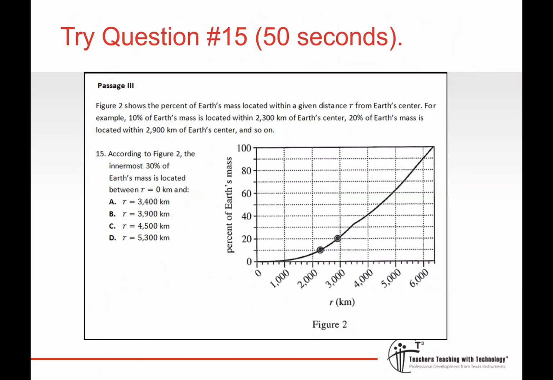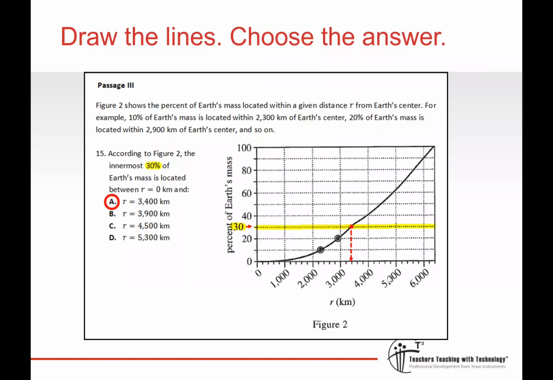Here it is. Okay, I'm going to go ahead and go to the answer on this one. The answer is going to be A, right? Because we're dealing with 30% of the mass. We can see 30% would be about right here. Where does it touch our graph? Right around there. And that's the only choice, 30,400. All right, so